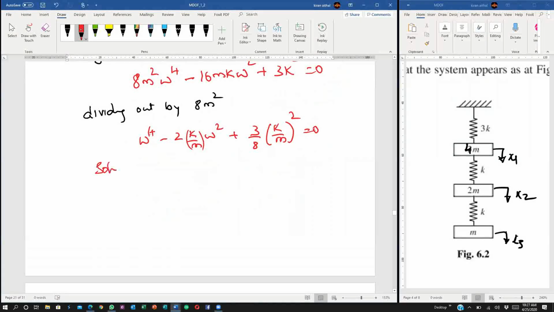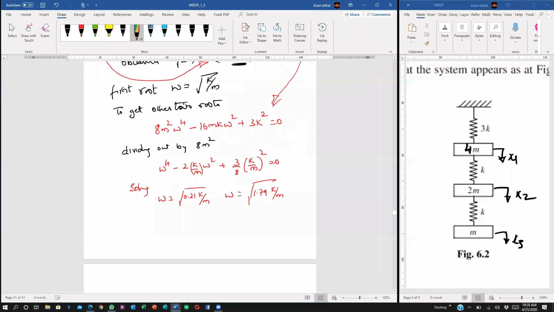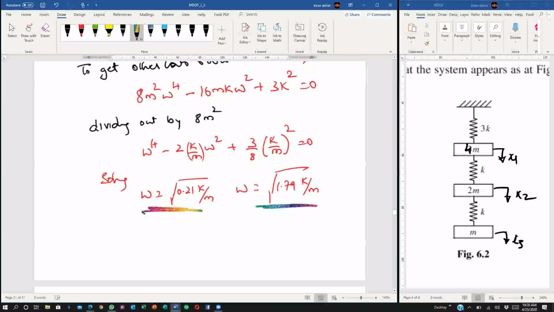So solving, omega is equal to root of 0.21 k by m, and omega is equal to root of 1.79 k by m. Now, one thing you haven't noticed here is that I have got all three omegas here. This is one omega, this is another omega, and this is the other, but I never marked omega 1, omega 2, omega 3. The reason for not marking them is, at the start of this particular